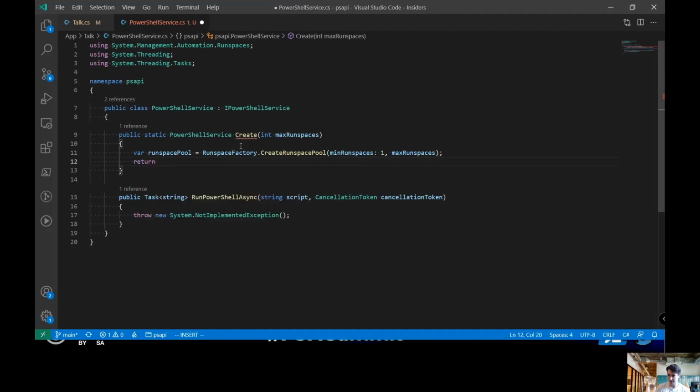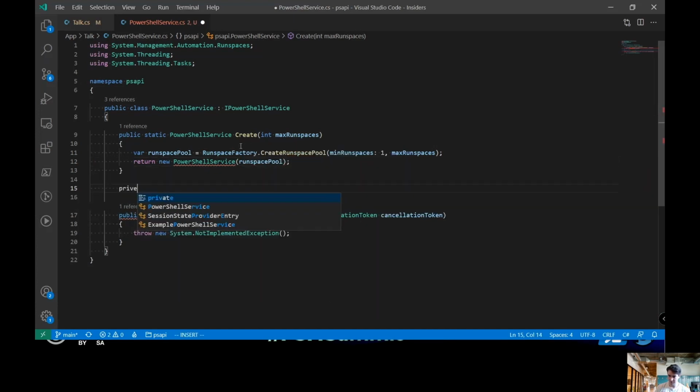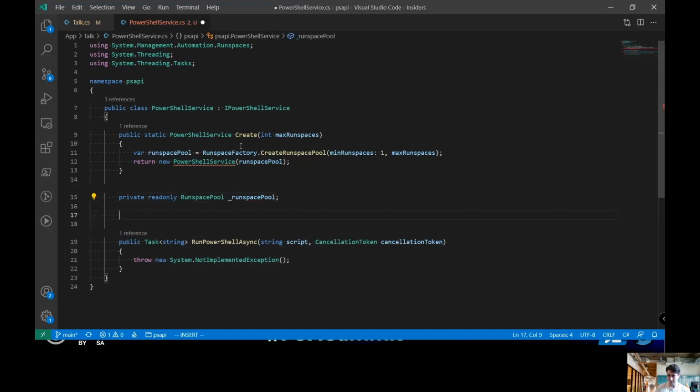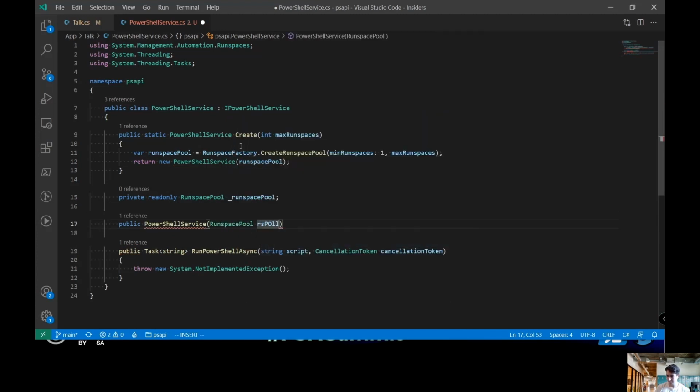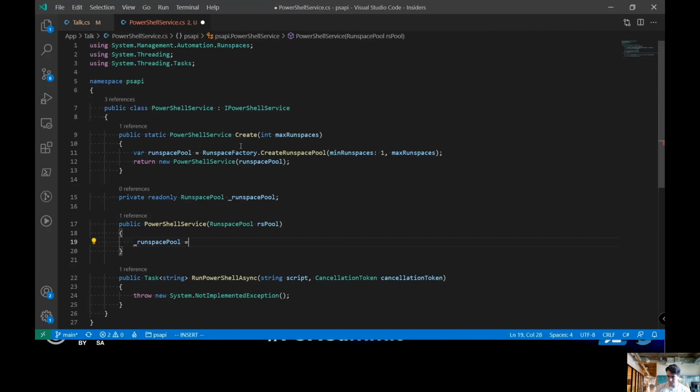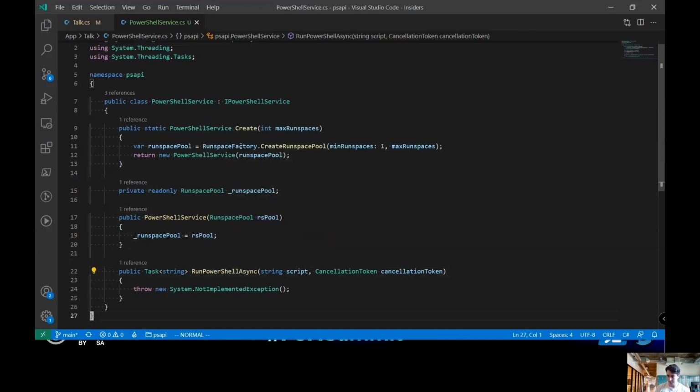Then we're going to want to create a PowerShell service around this runspace pool. So let's set up our PowerShell service object with its constructor a little bit. So now we have this PowerShell service with a runspace pool, but we need to work out